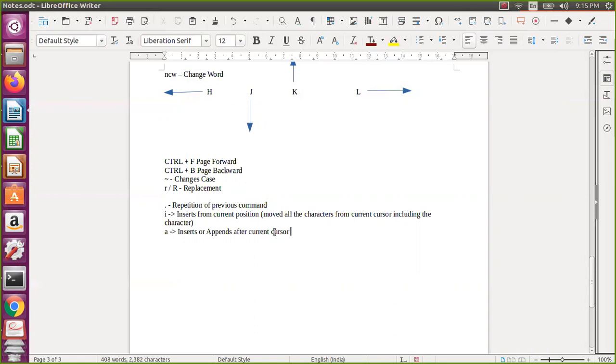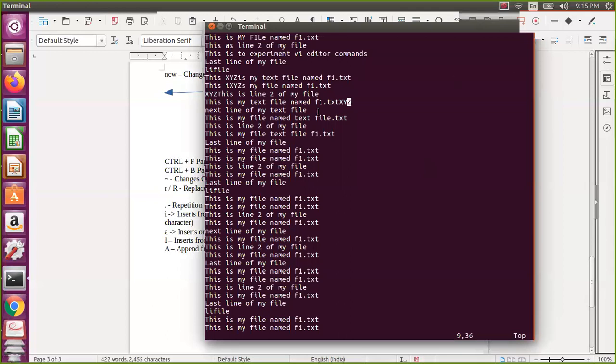Capital I inserts from the beginning of the line. Capital A appends from the end of the line. If you want to write something at the end, don't do anything else, just say capital A, and it will append from there.